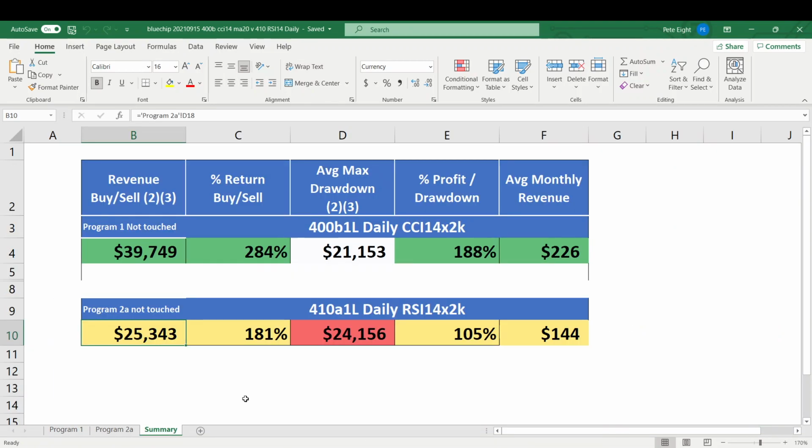So, in summary, this is the CCI strategy. The overall drawdown was 188%. So the higher the percentage profit over drawdown, the better. Versus the RSI strategy was 105%. And that's simply saying 188% is simply the revenue, 39,700 over the drawdown 21,000. It's 188%. And that 226 average per month is simply that divided by the number of months since 2007